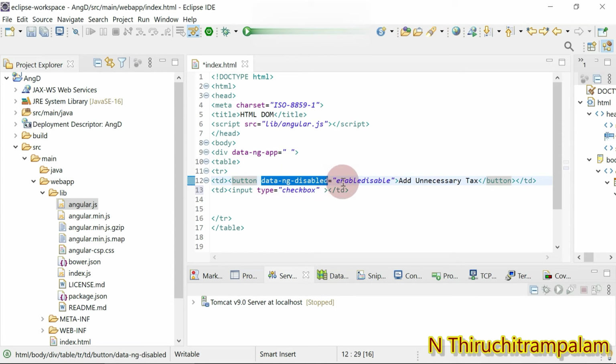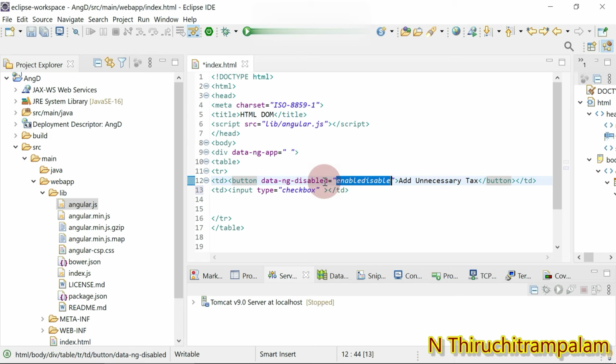That is the enable-disable ng-disabled model. Let me come again. We have created a button using the directive ng-disabled. So this becomes a model, and this model is passed.